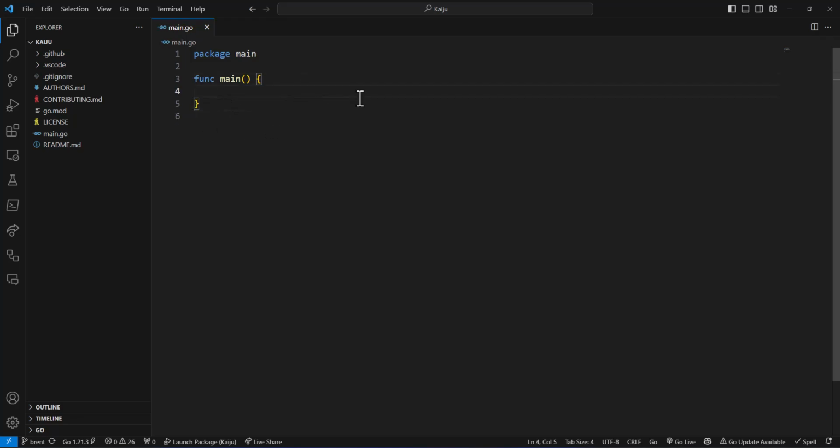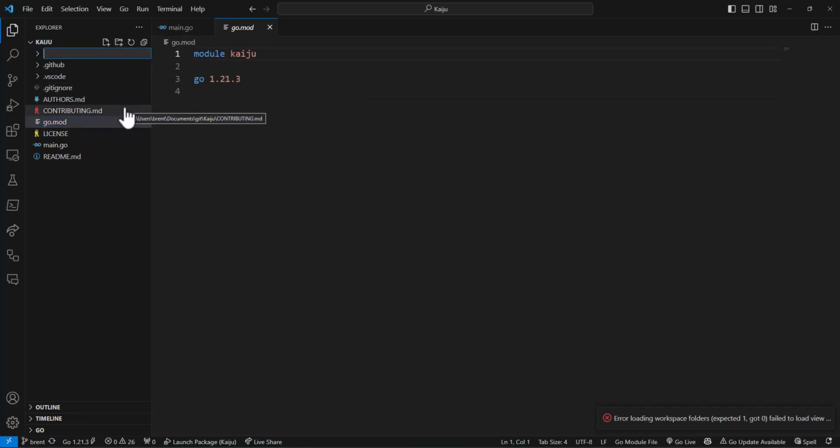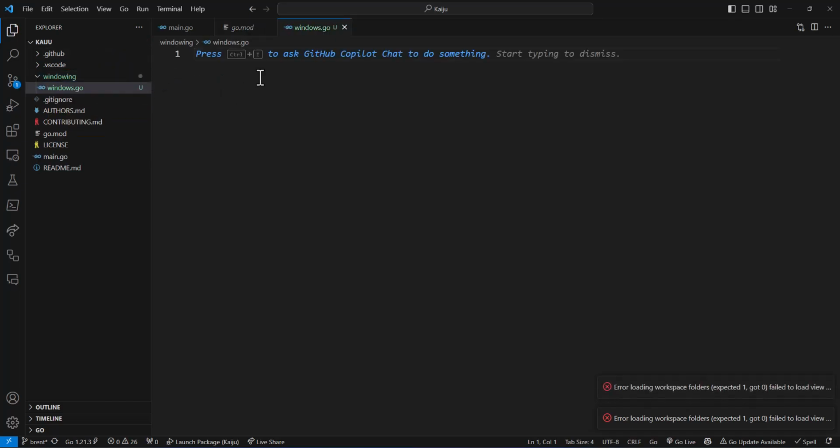So I want to split this off to be Windows only, as we're going to be doing multiple platforms. So here's where I'm going to create my first source folder. I'll call it windowing, because I don't want to collide with Windows. Windows.go. I'm also going to have a window, so it'd be weird to have a window. Anyways,